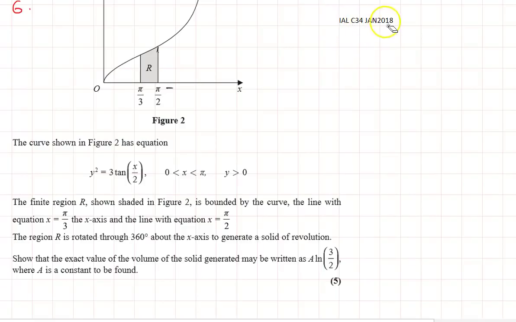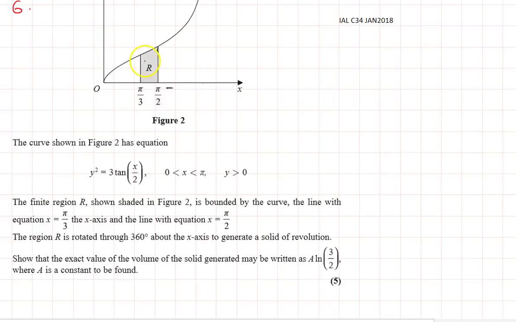January 2018, question number 6. The curve shown in Figure 2 has equation y squared is equal to tan(x/2), where x is from 0 to pi and y is greater than 0. The finite region R is bounded by the curve, x equals pi over 3 and x equals pi over 2. We have to find the volume of the solid generated